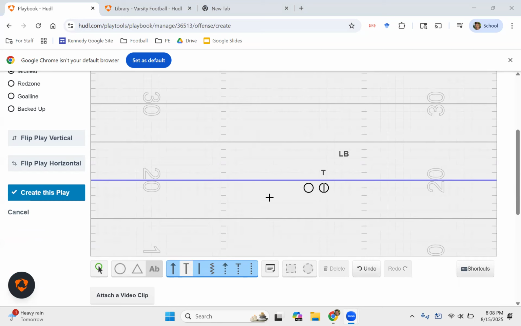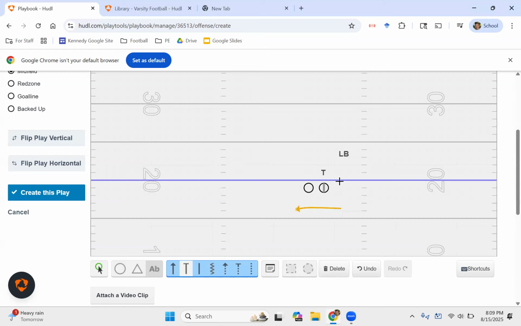for all of our run plays, we are responsible for a gap. Let's pretend that we're running power, counter, trap, kick to the left, one of those plays, and we are responsible for our backside gap. The first part of our progression is gap. If there's someone in our gap, that's the first part of our progression, and we have to block the guy in our gap. When in doubt, block your gap.